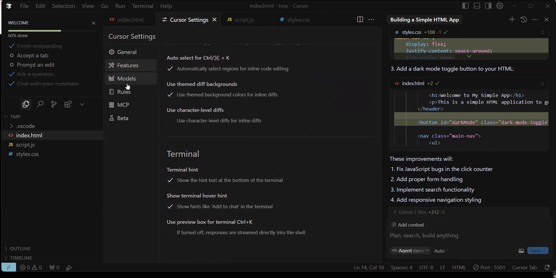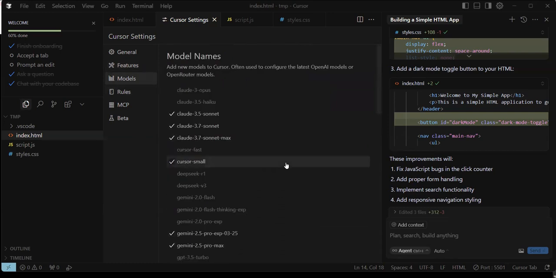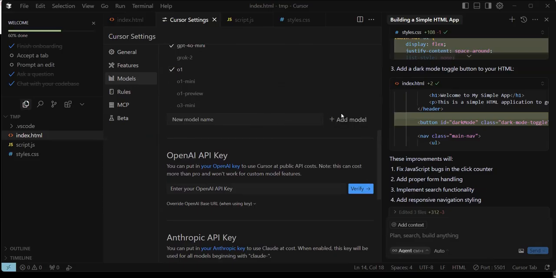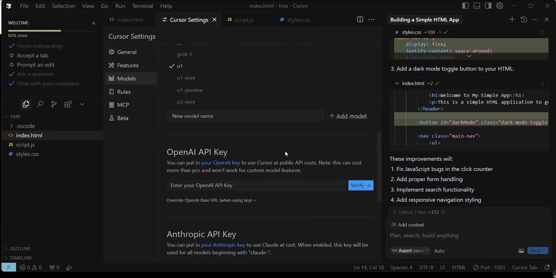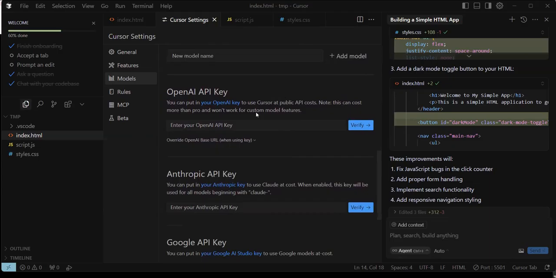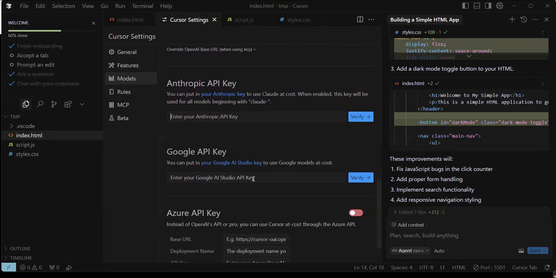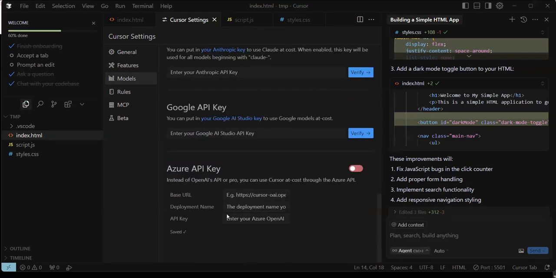Models you have already seen. If you want to add a model, you can add it from here as well. Let's say I want to add an OpenAI key, you can add it from here. An Anthropic key you can add, and a Gemini key you can also add. Otherwise, it also allows you to use an Azure OpenAI key, so that you can invoke your models through that API key, and that is not considered part of your premium usage